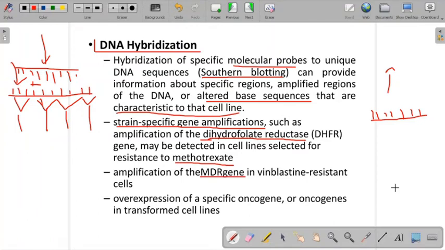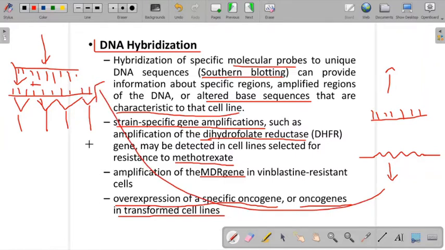That's why we need to search for new antibiotics, new drugs which can kill and overcome this infection. Then there is the overexpression of specific oncogenes, such as in cancerous cells, to identify whether those cells or organisms are cancerous or not. If we get the primer for a specific oncogene, we can amplify that oncogene in multiple copies, go ahead with this hybridization methodology, and identify whether our cells are cancerous or not.